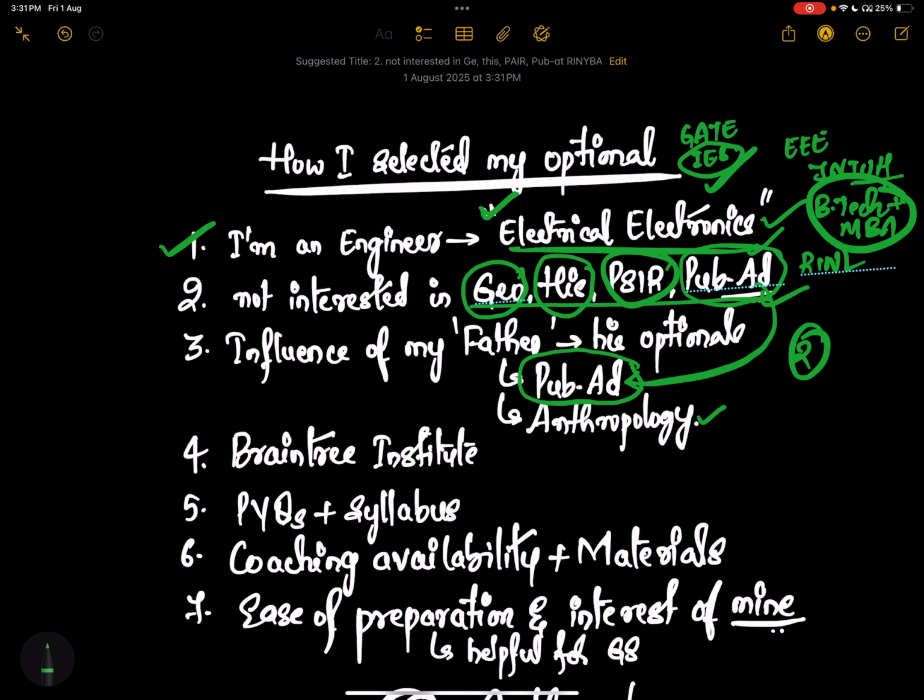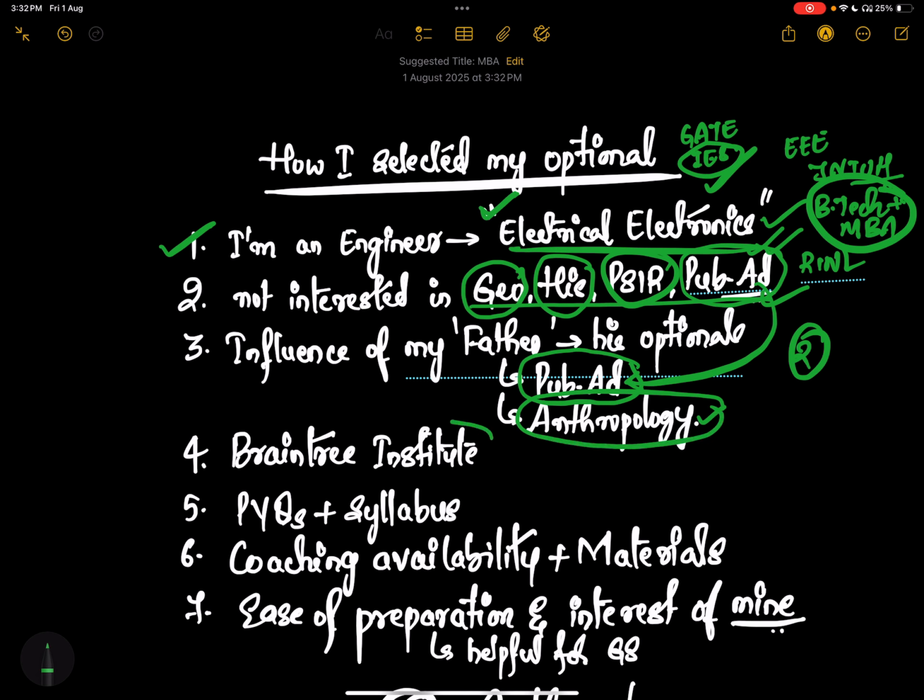But people take public administration because it is very useful for GS preparation, and also after becoming a civil servant this is what we have to do, right? There is also another debate that they'll be training you in public administration anyway, so why take public administration as the optional itself? Okay, now I'm not getting into that debate. I'm just telling about myself. So I was left with anthropology and sociology and all the other things.